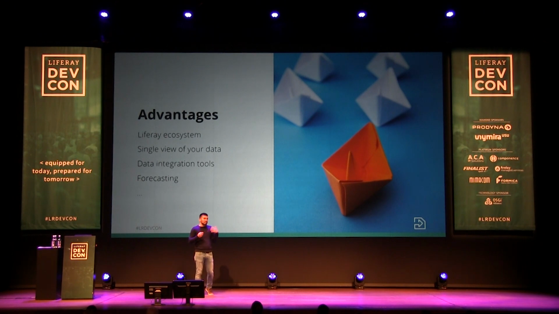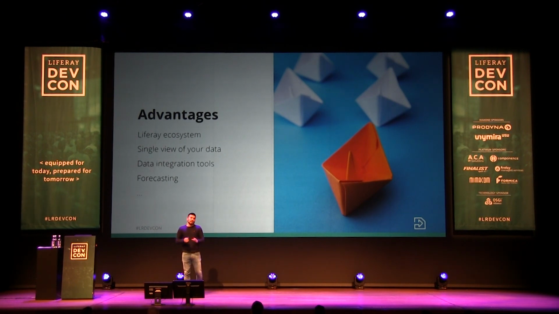Then with the big and huge investment that we made in data integration tools, we are able to bring data inside Liferay Commerce, and we are able to show it in a single view, right? So your customers don't need to switch between many platforms now. They can just see all the order status maybe, or they can manage their catalog in one single platform. And having all of this data in one single platform actually allows us to manage this data, to create algorithms on this data and create forecasting on top of it. And this is wonderful, right?